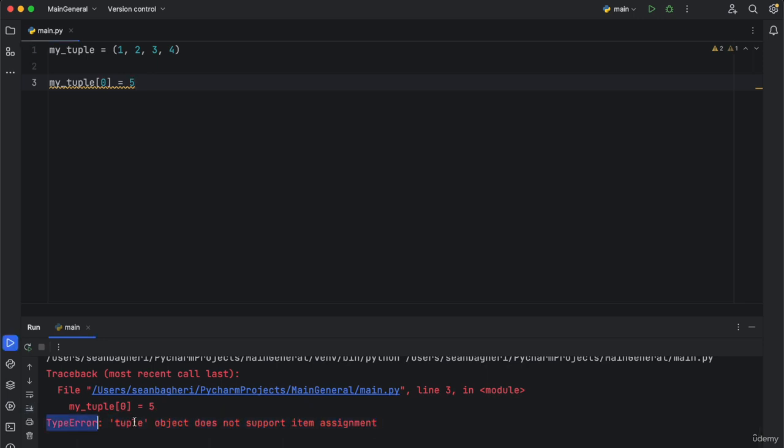It says TypeError: 'tuple' object does not support item assignment, meaning that it cannot change. So just like that, it tells us you can't change anything inside this tuple. That's the difference between a tuple and a list or a dictionary. With tuples, you cannot change values inside. Now, there is a way to change values inside a tuple, which I'll talk about, but it's just not